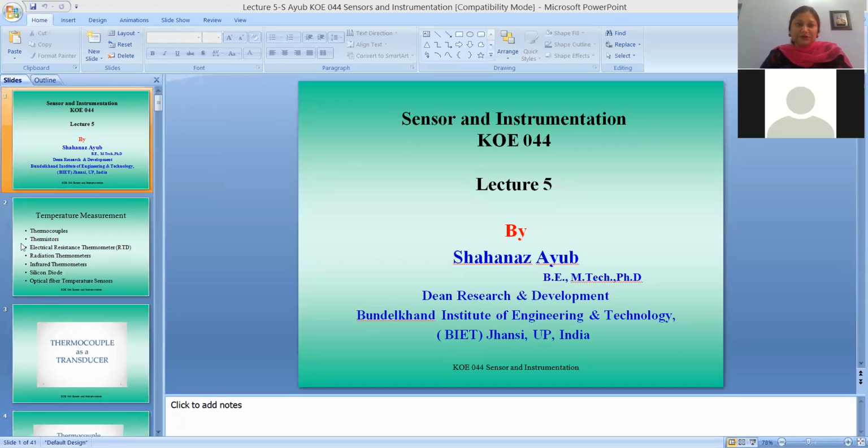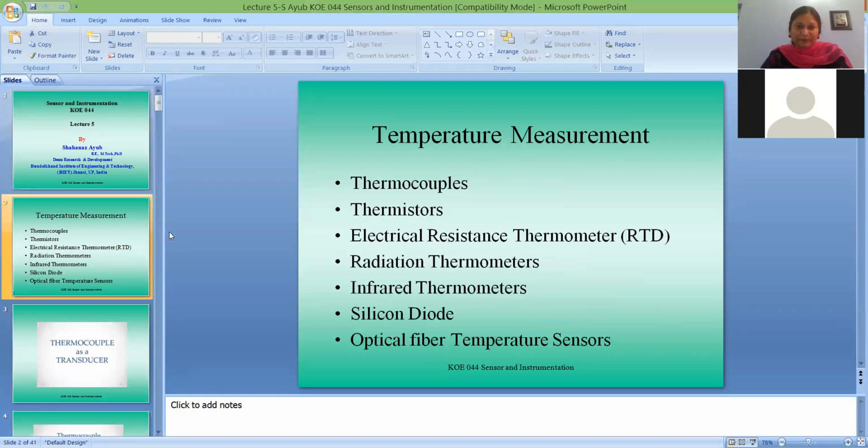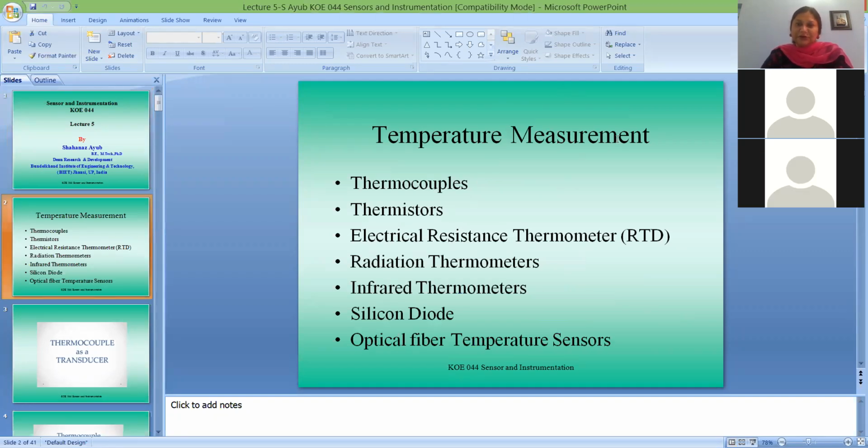Yeah, let's start. Last time we completed displacement transducers and pressure transducers. Any problem with that? No, ma'am. Today we'll go with temperature measurement. Temperature is also a physical quantity, and to measure and display it properly, we have to convert it into an electrical property. For that we also use transducers or sensors. What are the different transducers or sensors available for temperature measurement?